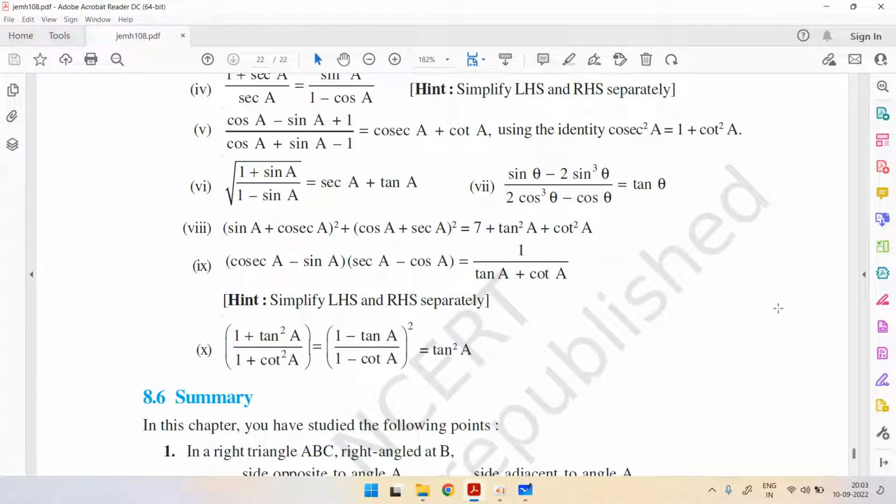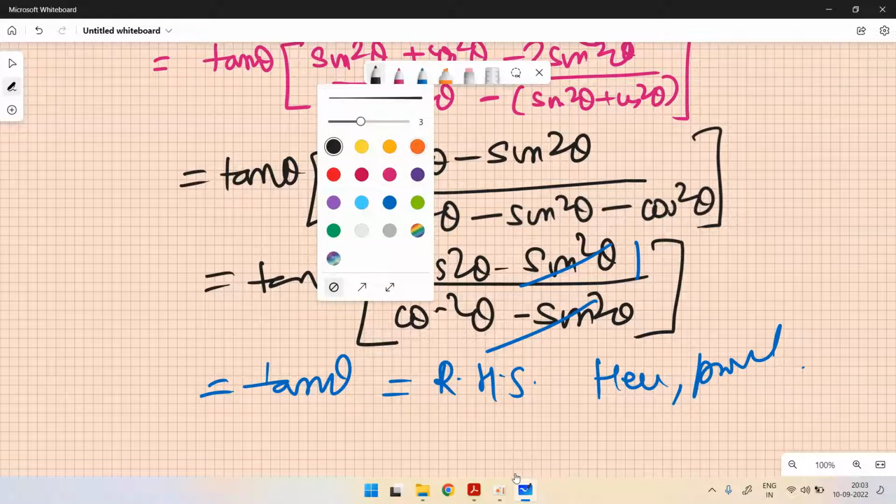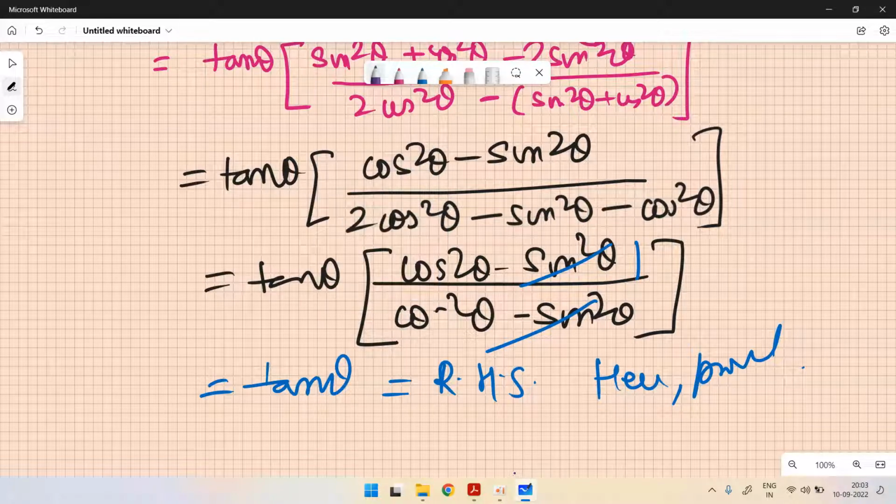What is my eighth expression? You see that this looks like a tough question, but it is not a tough question. It is a much easier question. So this eighth question, seventh I've done, this is the eighth question. So what is my eighth question? I need to write. I am getting bored with this black, so I'm changing the color for the eighth. So my eighth question is,